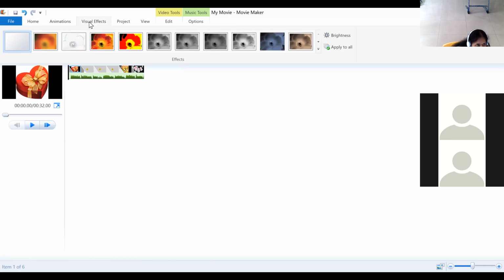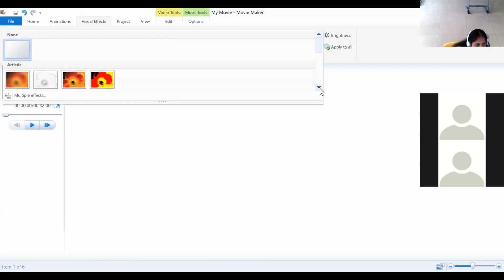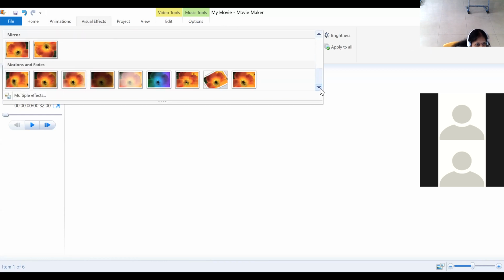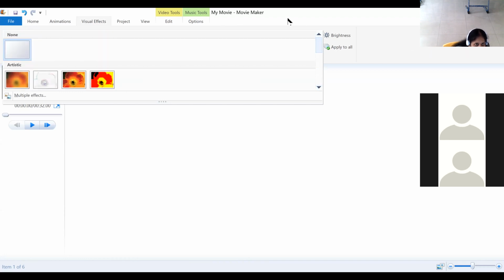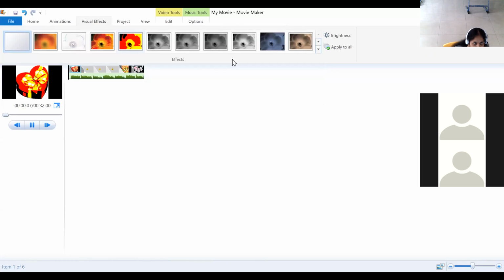Now these are the visual effects. Some visual effects are there. How you want that to be? Just select the image first, then choose any one among these, and obviously that will be applied to that picture, right?